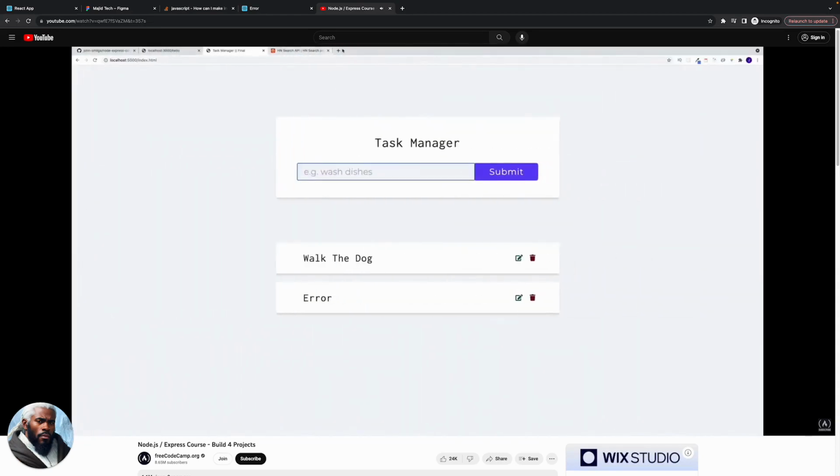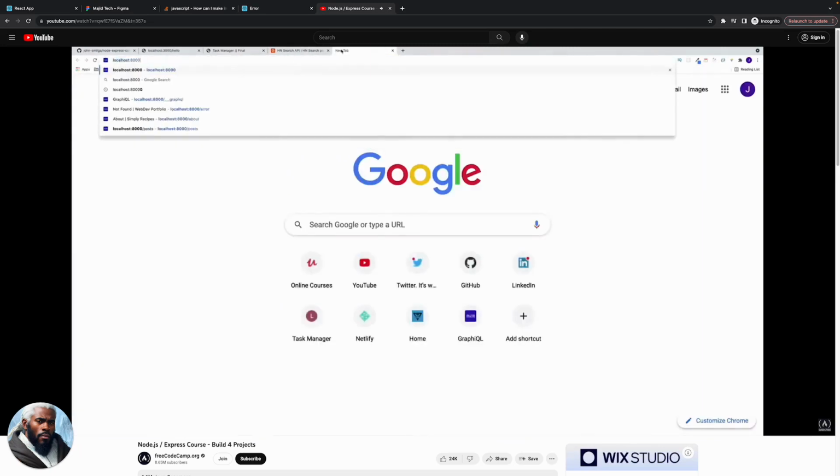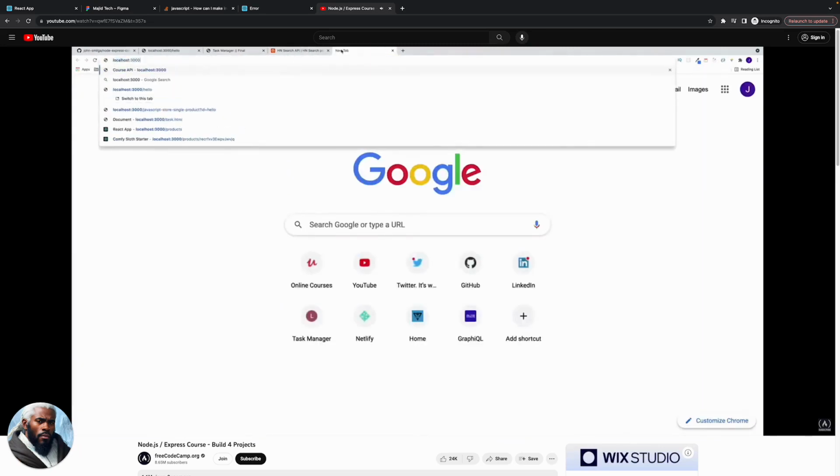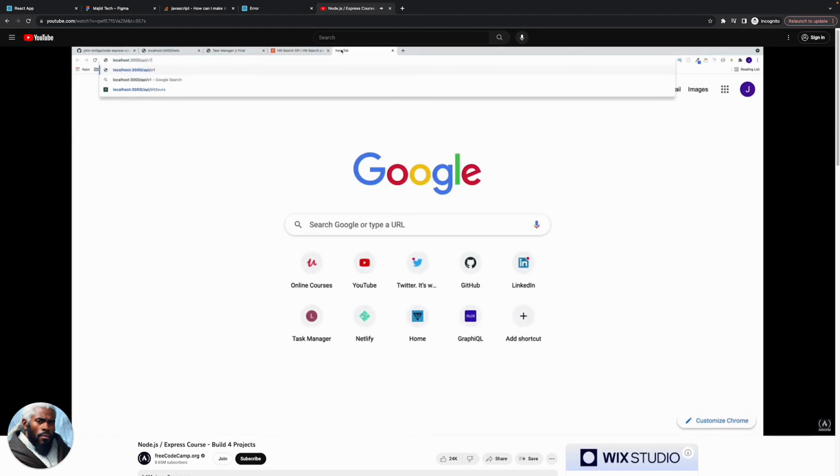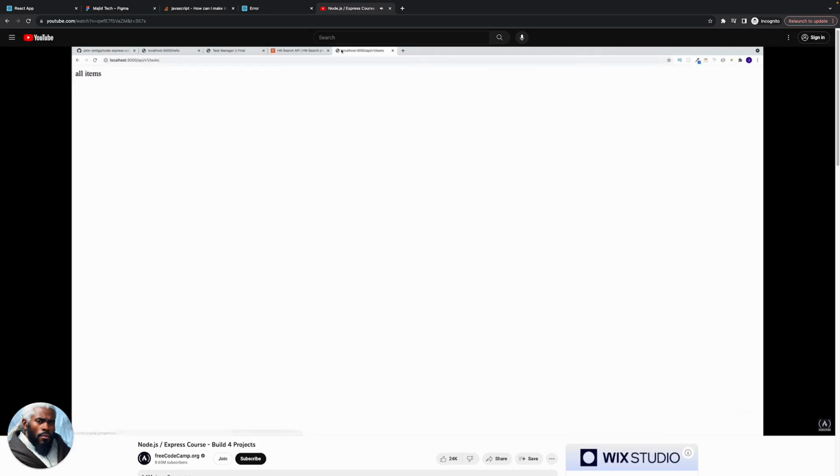And looks about right. So let me go here, and we're going to go with localhost:3000. This is a get request, which we can access. Then API version 1, and then tasks, and we should see a